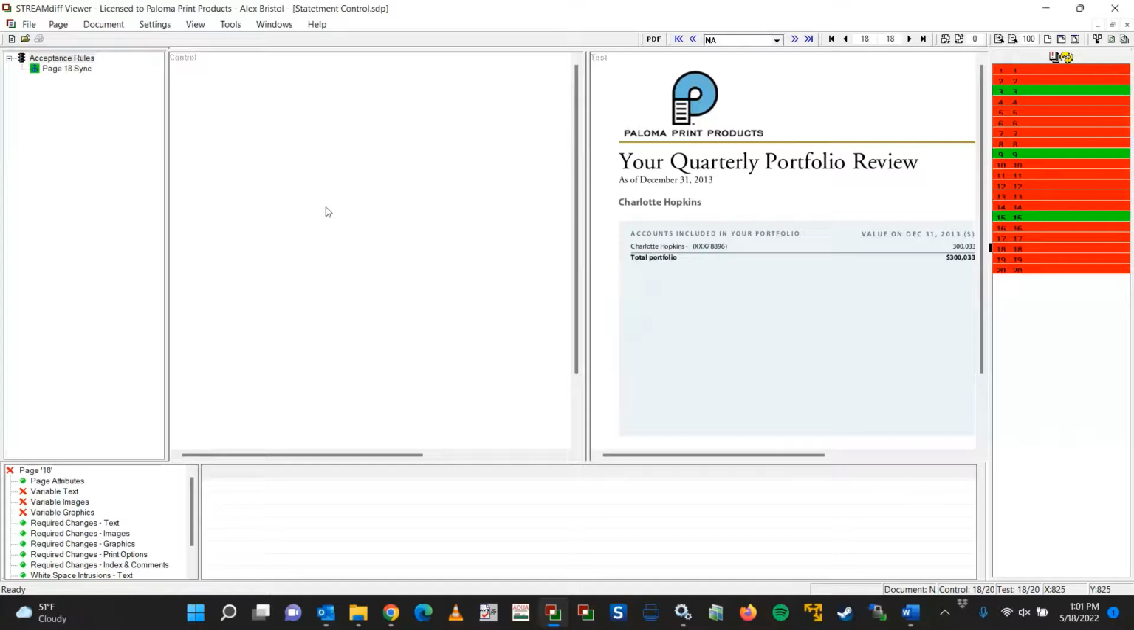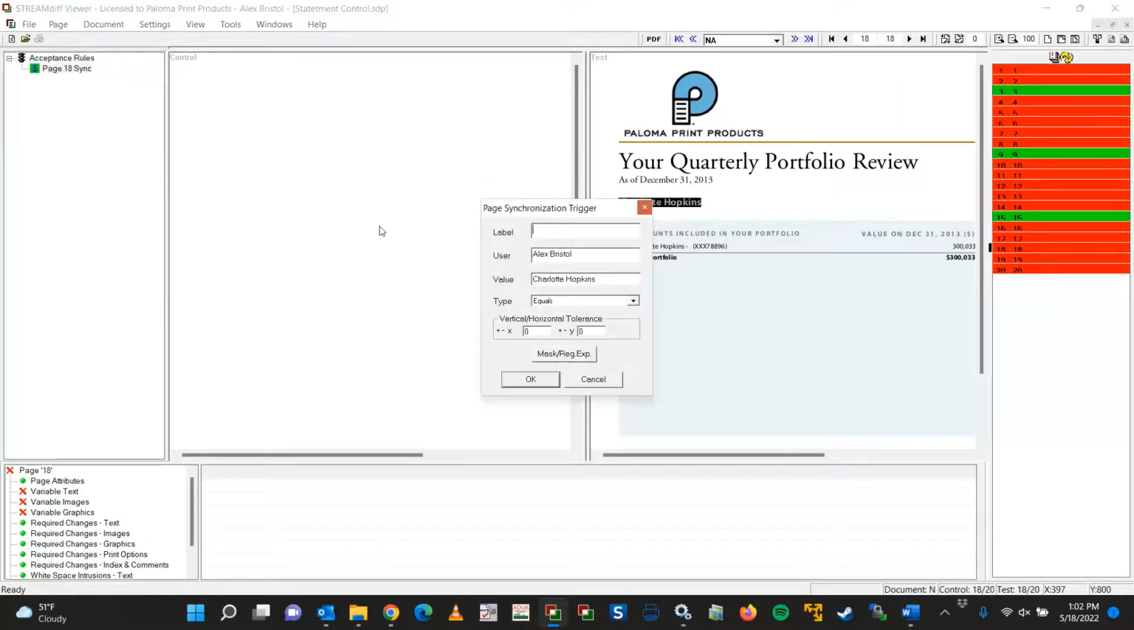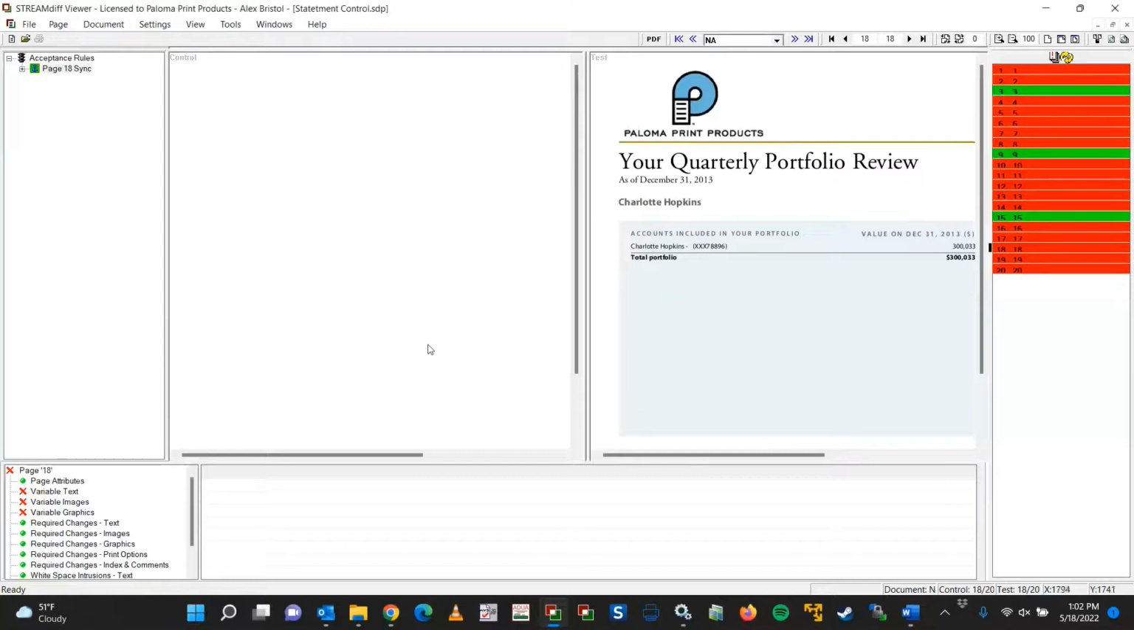Next, we have to create a trigger by finding something on the page that is unique and consistent in the control and test file. In this case, we can use the name Charlotte Hopkins, since we know that the name only shows up on this page in both files. I can highlight this name once I found my trigger and drag it to the rule folder that I just created. Here, I'm just going to label this trigger. After I select OK and recompare my pages,